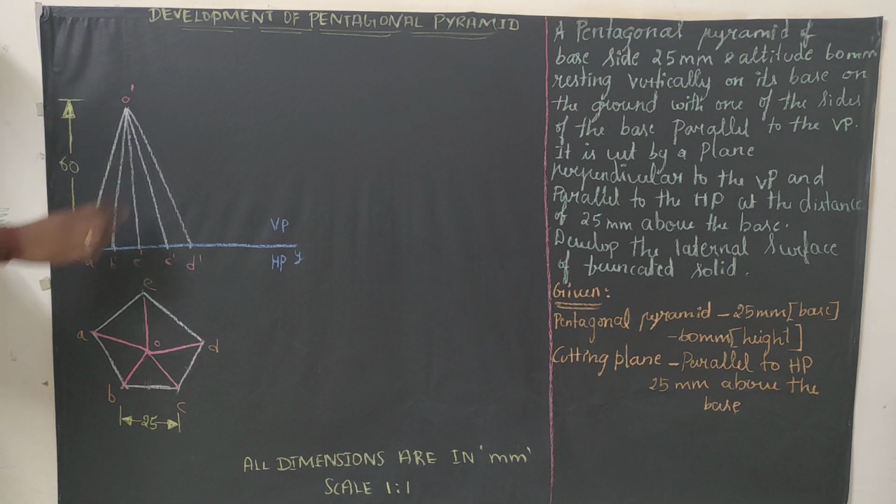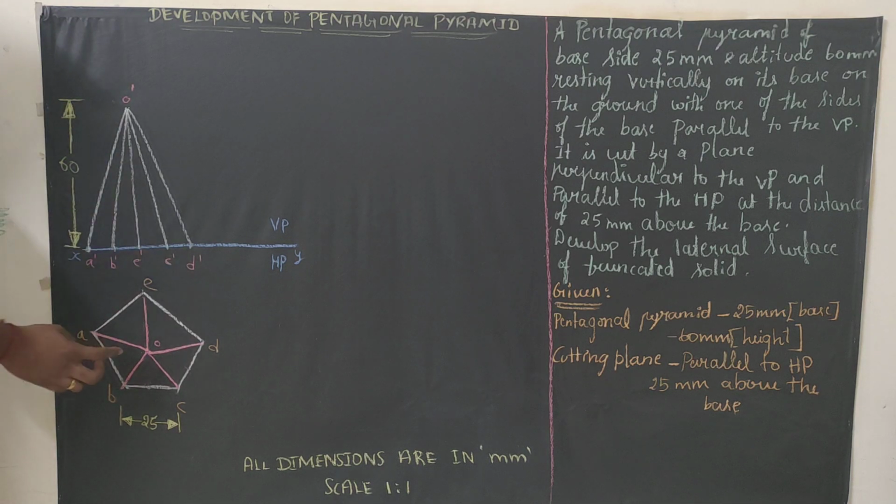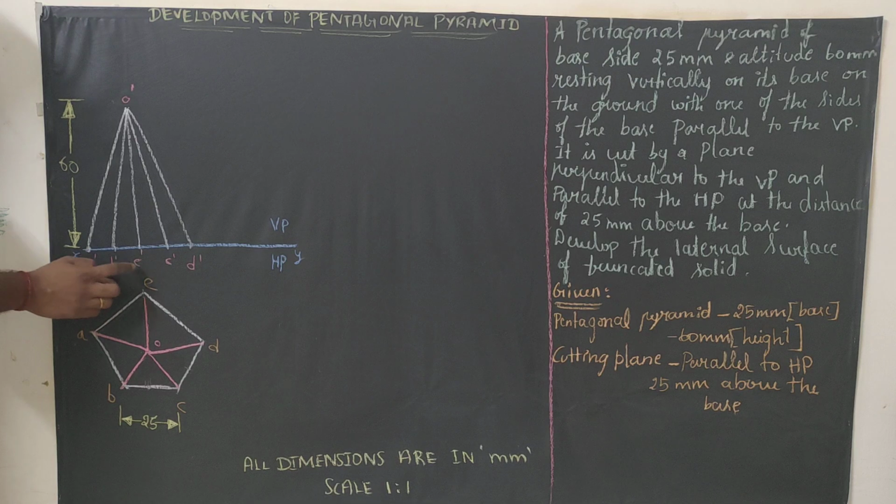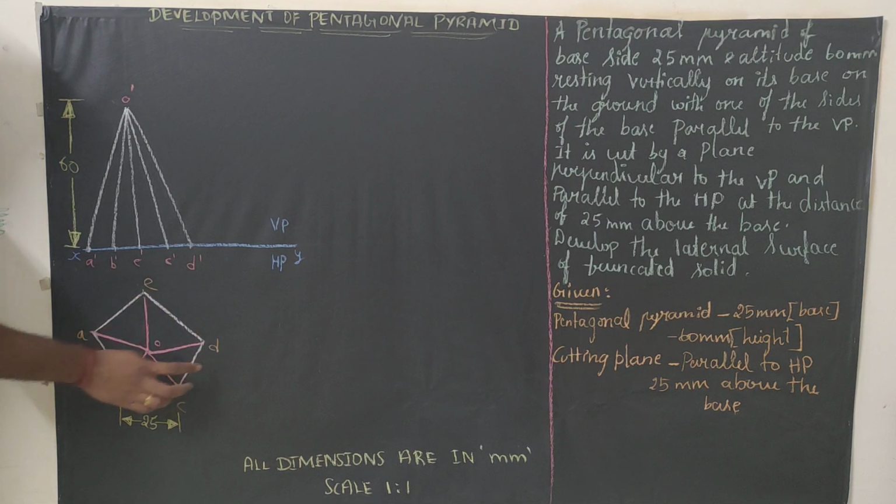Just connect all the points with whatever point you got in reference line and mark this point as O dash, because this is the center, right? Okay, so here O dash. A you can see, so A dash. B you can see, B dash. E you can see, so E dash. C, so C dash. D, so D dash. So right now we marked all the namings for the front view.